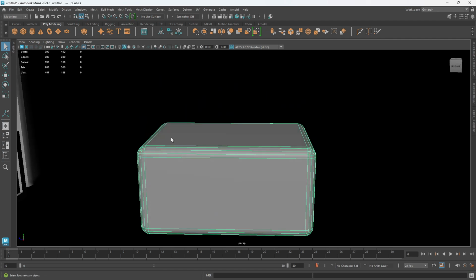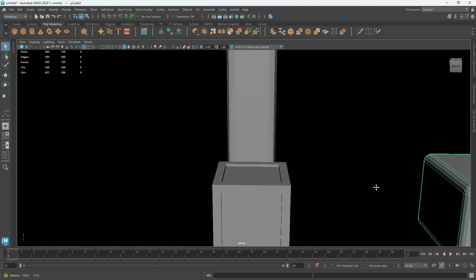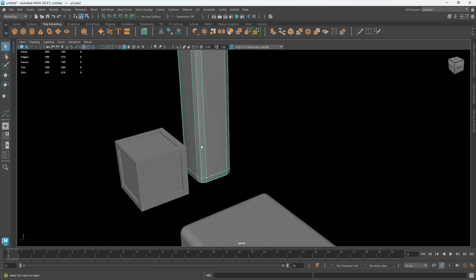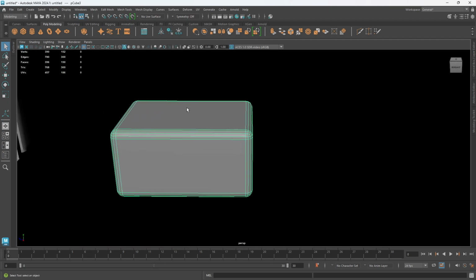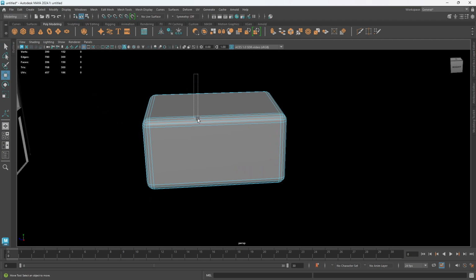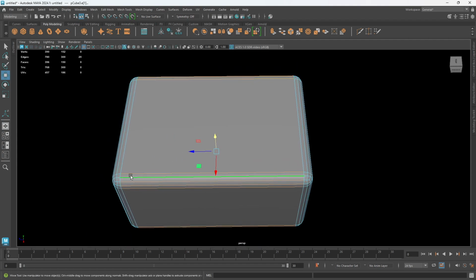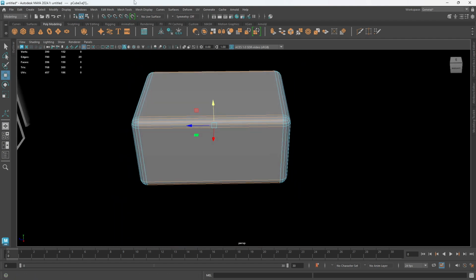So how do I do that? Like I said, I need to make those sections, just like how I made these sections here. So I dictated this top section and I dictated this bottom section. I do the same thing with this. So what I'm going to do is select around the front like this, because you cut perpendicular to these edges. So if I select these edges going across horizontal like this, it means I'm going to be putting edges going in this direction. So I'm going to add mesh tool connect,